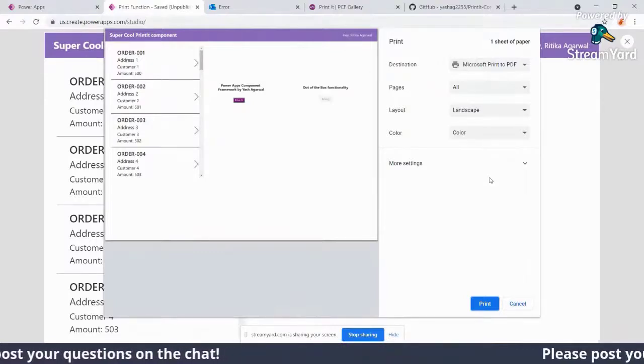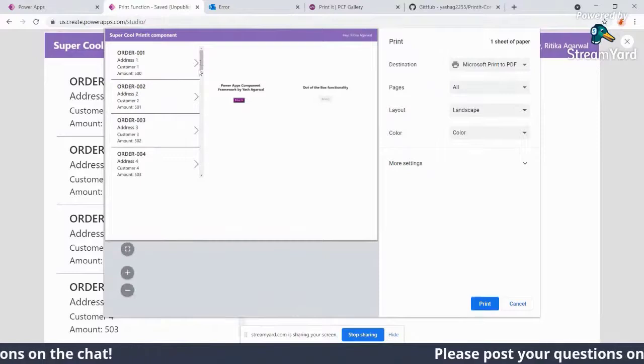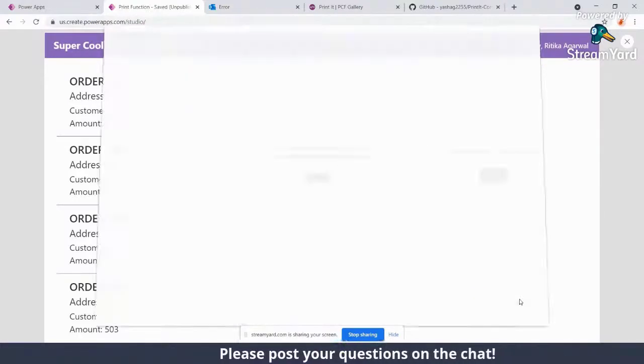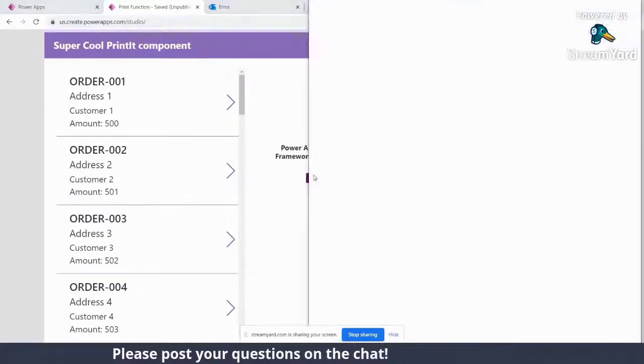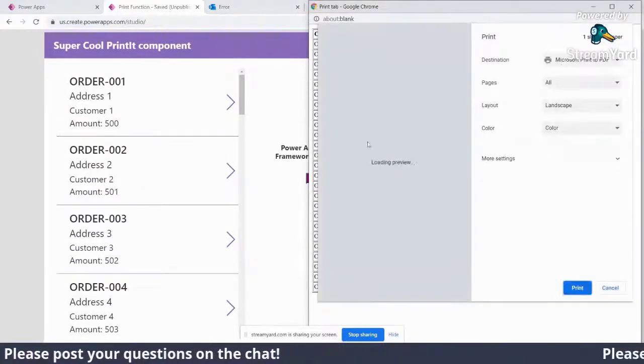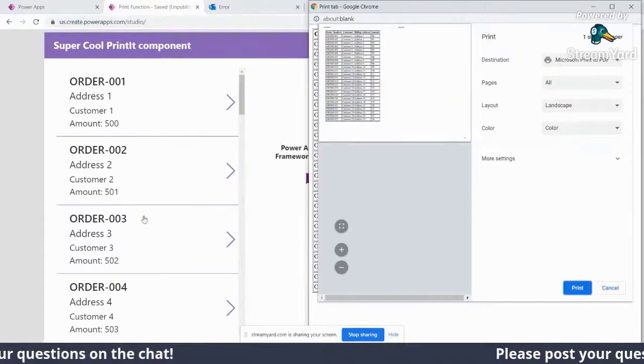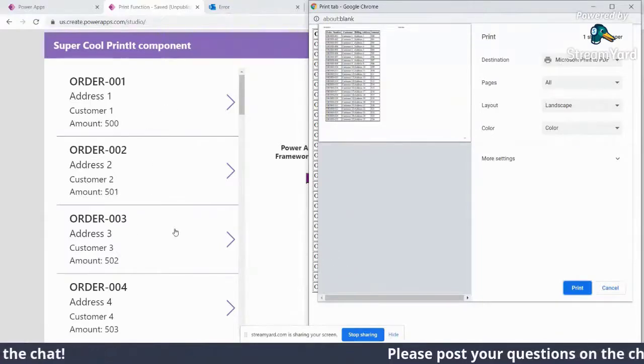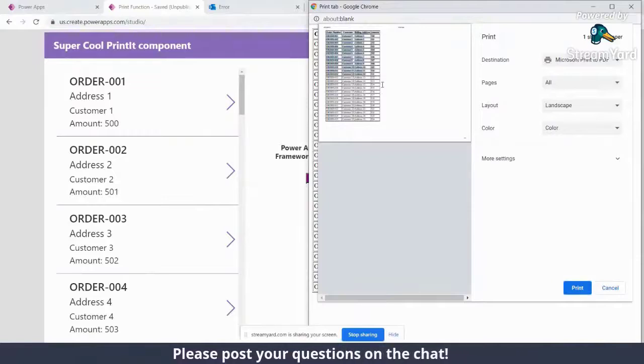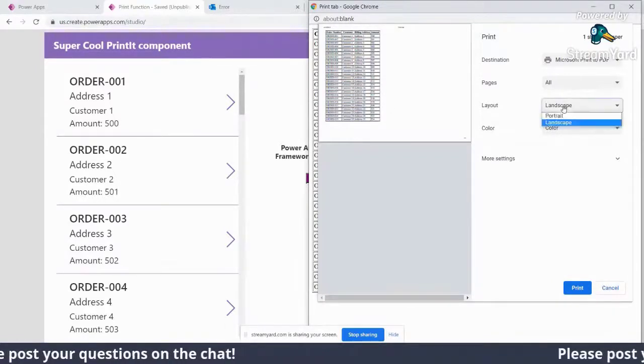So with this, we cannot really scroll, because that's not a scrollable print. If I go back and click on this printed component, as you can see here, I have 25 orders which I am displaying as part of this gallery, and now all of them are published as a PDF.